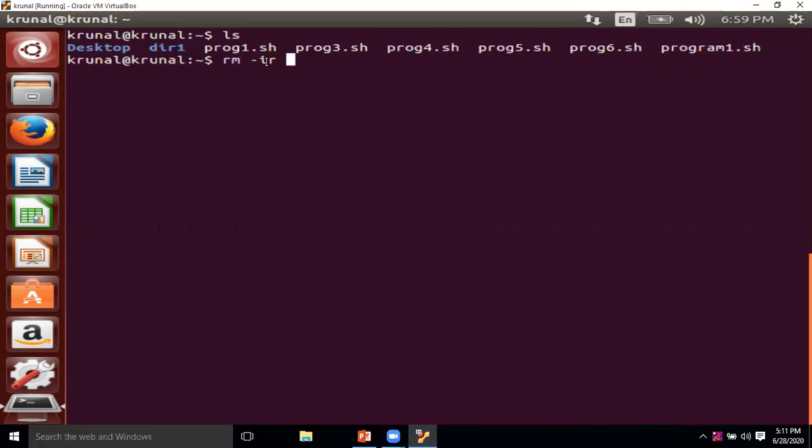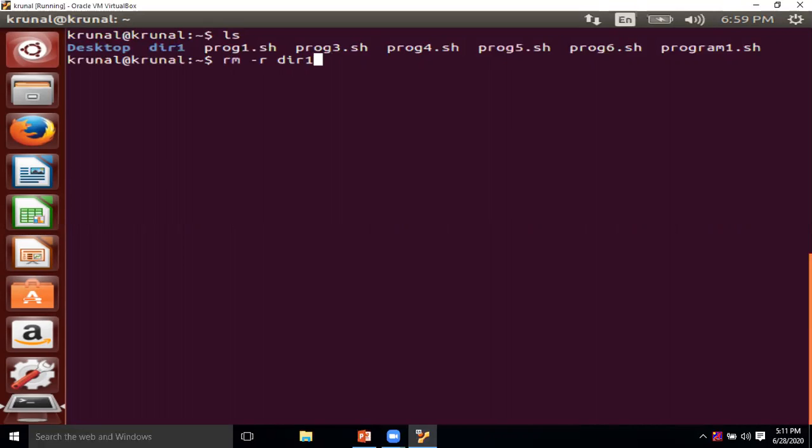But what do you mean by I? I stands for interactive. It means that without I, for example, if I want to remove dir1, it will directly remove this directory from the existing directory.